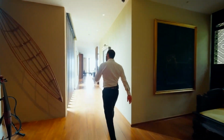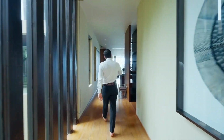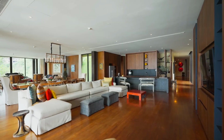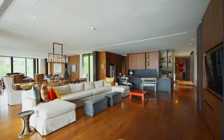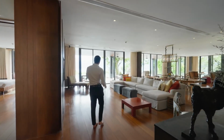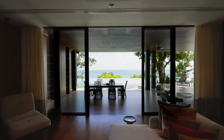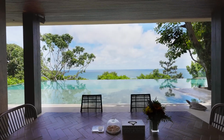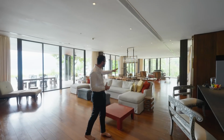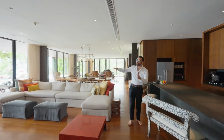Again, we have more of these linear windows bringing natural light, and this long hallway takes you to the spacious great room. What I like about this space is the fact that it's all open. We have floor to ceiling sliding glass doors opening up the entire room to the pool deck and to these unobstructed views. You have your TV lounge, dining area, another lounge on the other side,